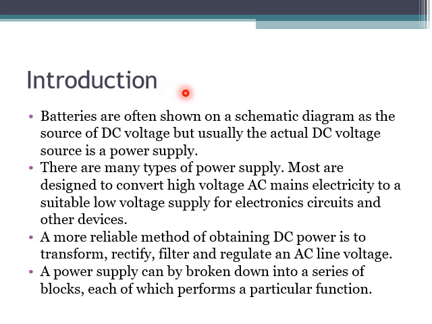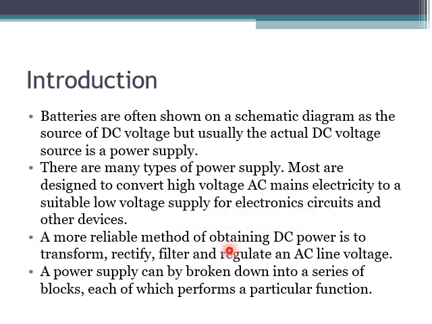Generally batteries are often shown on schematic diagrams as the DC voltage source, but usually the actual DC voltage source is a power supply. You might have seen the power supply in your laboratories, right? Actually there are two types of power supply. One is that most are designed to convert high voltage AC mains. You might have seen in your laboratory, on the table itself, a switch, right? So that is high voltage AC mains electricity to a suitable low voltage supply for electronic circuits and other